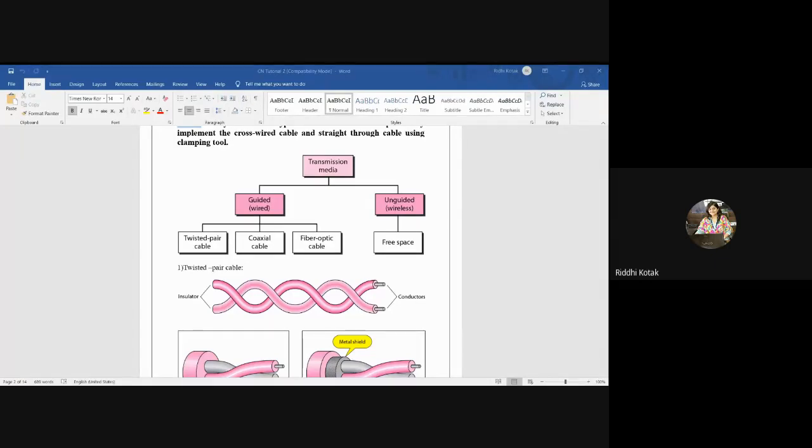Once you open it, just write done in the chat. We will go to the next step.